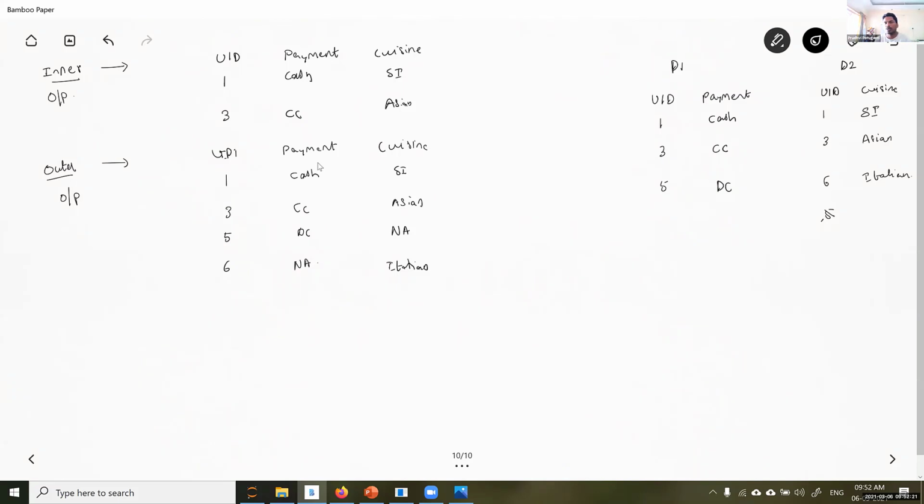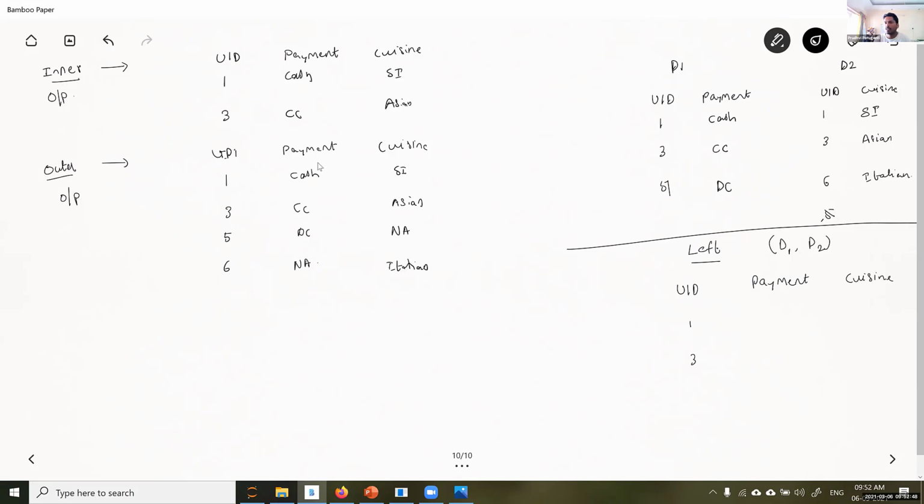Now, what is the output of left join? In the left case, let's say I'm merging D1 comma D2. I don't care whether the other has it, I'll just get all the user IDs here. The output is again, the number of columns are the same. Payment and cuisine is the same, right?